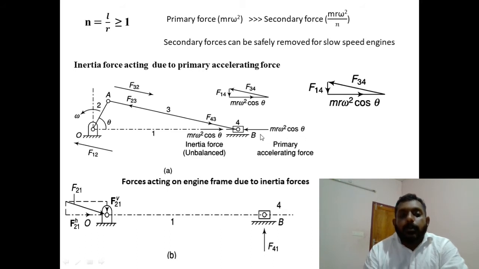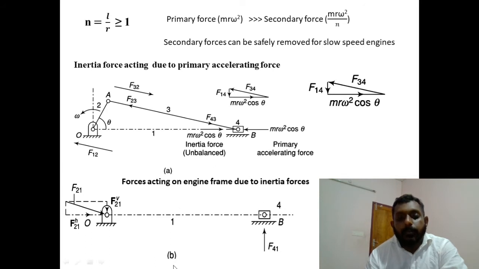So the different inertia forces acting on the slider can be considered here. One is m r omega square cos theta, the inertia force, which acts opposite to the direction of the applied primary accelerating force. And another is the force acting in the direction of